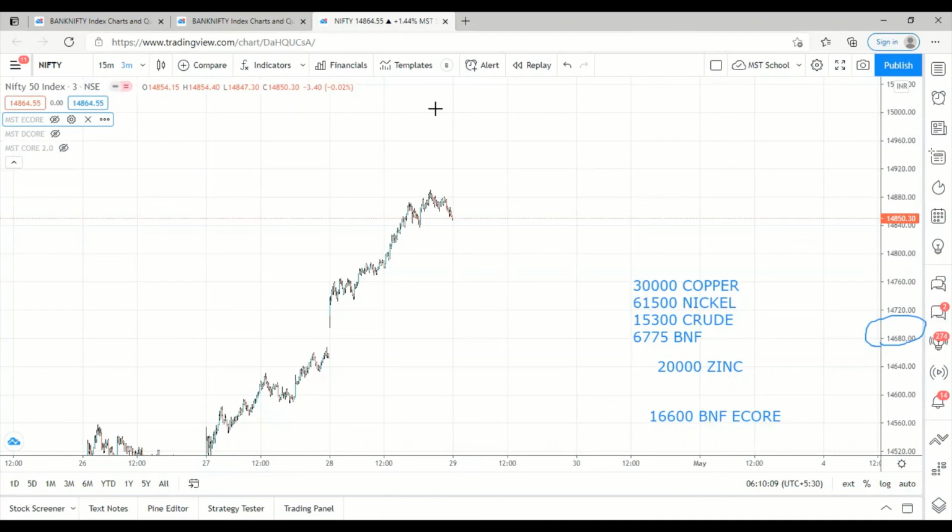Okay, you don't have to fear at all. You don't have to panic about what will happen to the market. Whatever be the market trend, you just follow the indicator. You will get 100% profit in a month. I'm telling in a month. Suppose if you're investing 1 lakh rupees, you will get 20,000 to 40,000 rupees. So that is what you can expect.